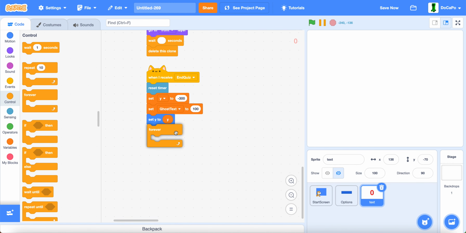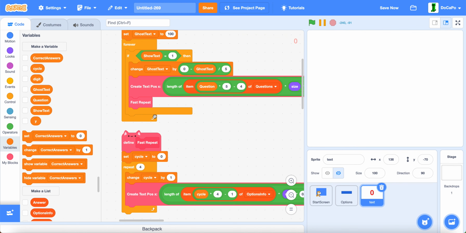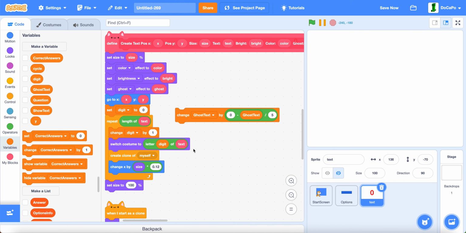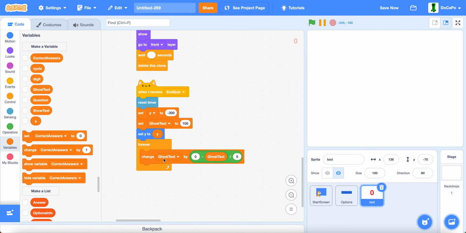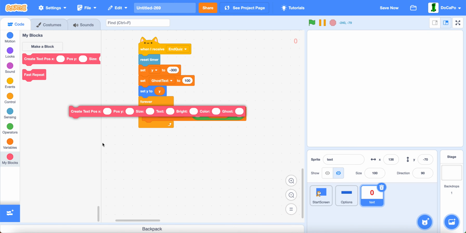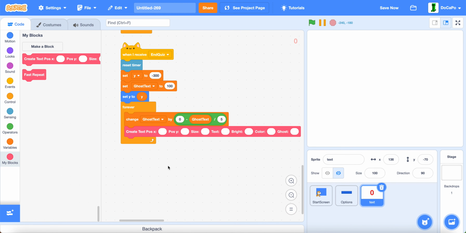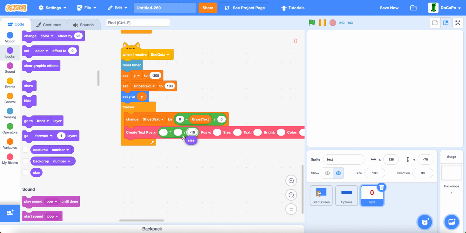Now forever, change ghost text. Actually, just duplicate the top one. Change ghost text by 0 subtracted by ghost text divided by 5. And then change text pos x. And then for that, it will be multiply, divide by negative 10, size divide by negative 10,